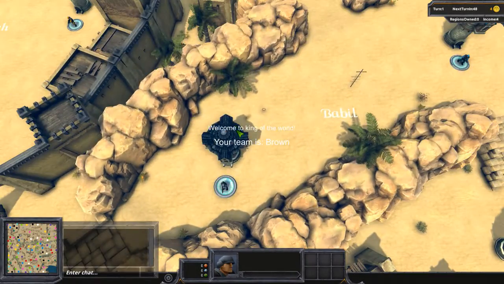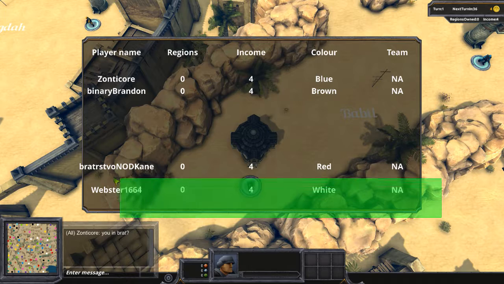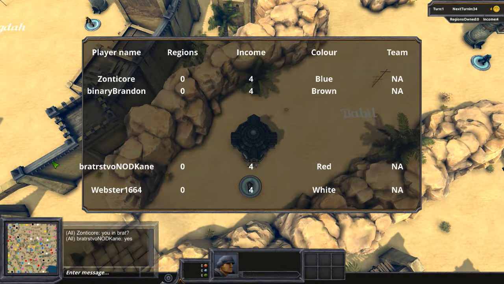Ladies and gentlemen, here we are in our first game of the semifinals for our King of the World launch tournament. We are going to have Webster1664 stepping in for mybloodhurts because unfortunately mybloodhurts had to go to work, leaving that money on the table. So we're going to see Webster on the white team, and we're going to see